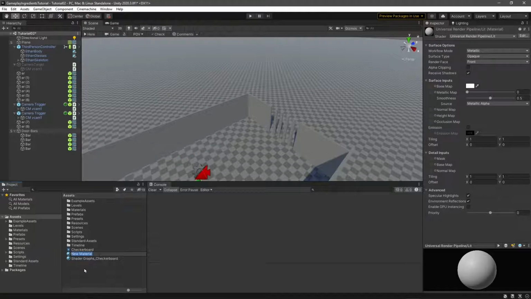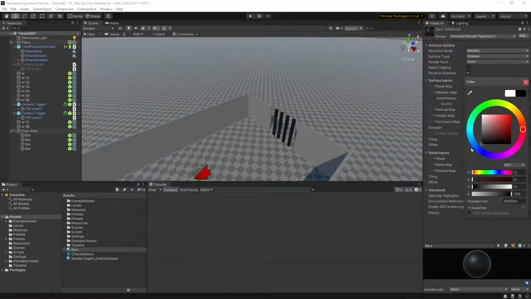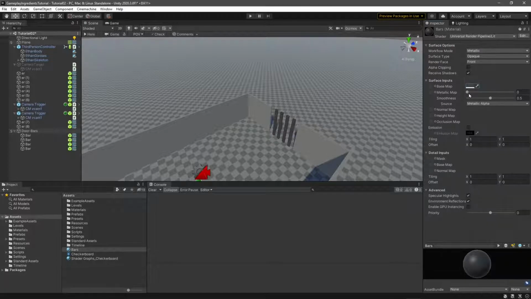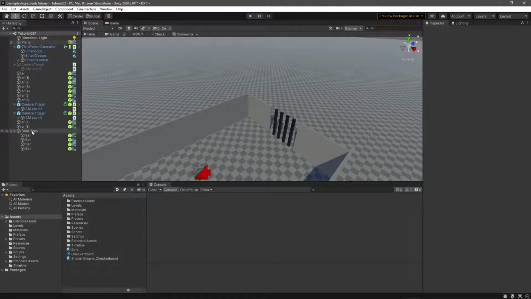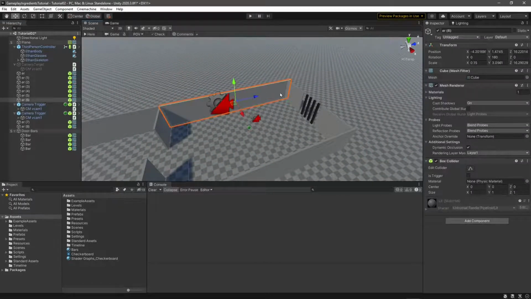Material bars, and so here it's gonna be material for all these. Be that way, metallic, super smooth. Yeah, good enough. So we have door bars here,